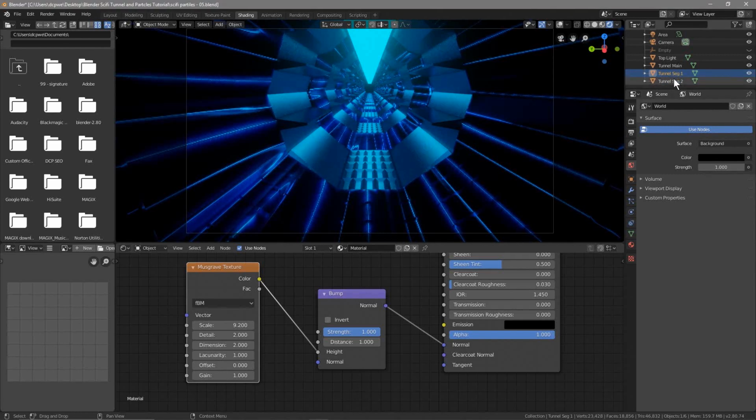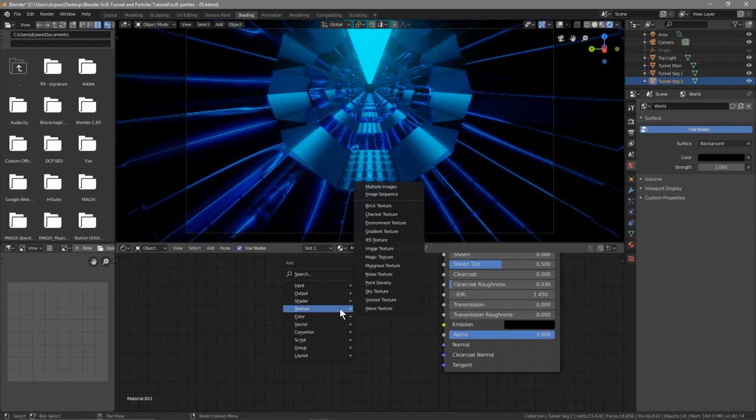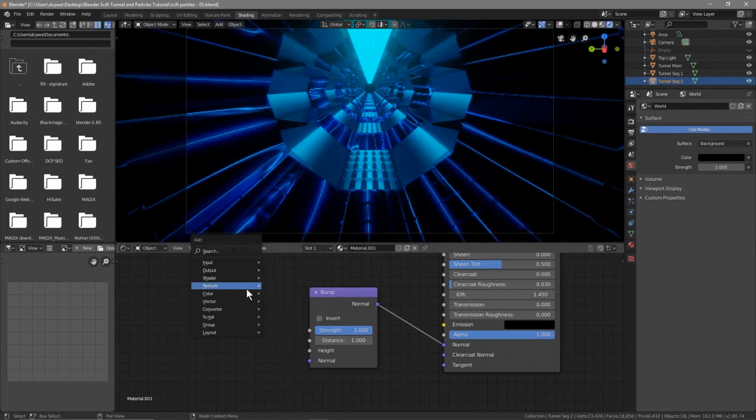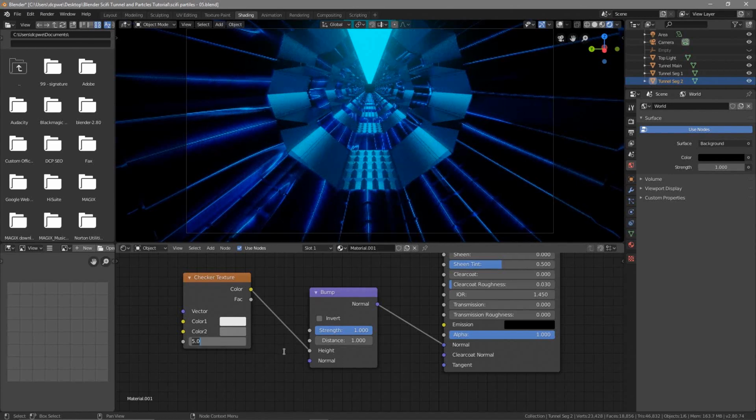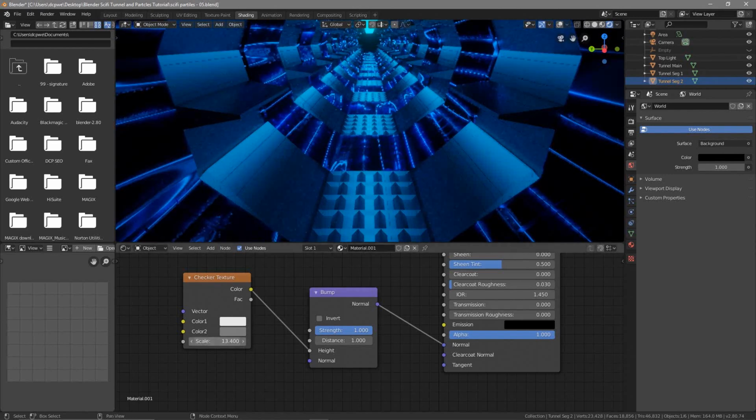So let's apply one to the second segment. Let's click on segment 2, tunnel segment 2. And what we want to do is press Shift A, and we'll insert another bump map here, and connect the normal to the normal here, and then we'll press Shift A, and we want to insert a texture, which will be a checker texture here, and connect the color to the height here, and set the scale to 14. Let's just see if that works out right. What I'm trying to do with this scale, you can scale this up quite a lot, but really what I want is let's set it to